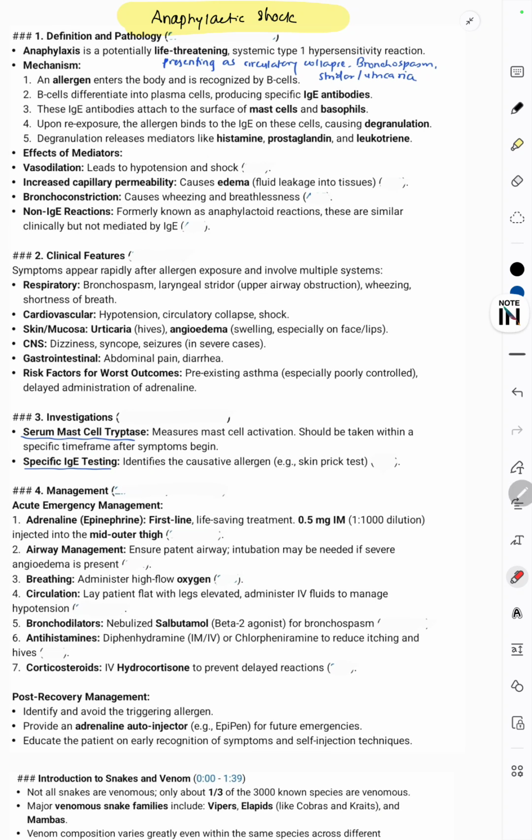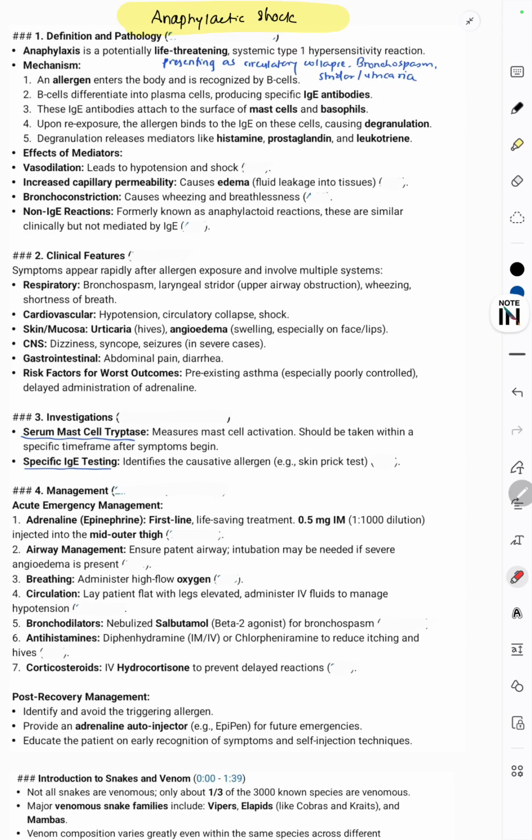The patient should be in the left lateral position with the legs elevated, and IV fluids administered to manage the hypotension. Then bronchodilators are given, nebulized salbutamol, for bronchospasm. Antihistamines, that is intramuscular or IV diphenhydramine or chlorpheniramine, and corticosteroids, that is hydrocortisone, to prevent the delayed